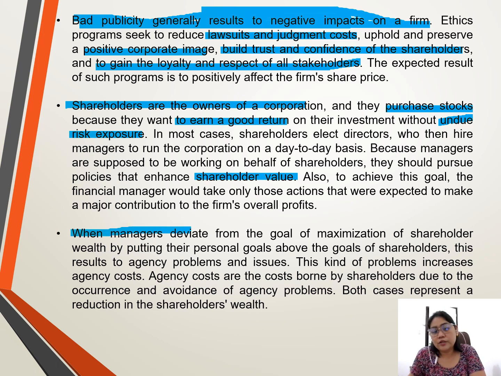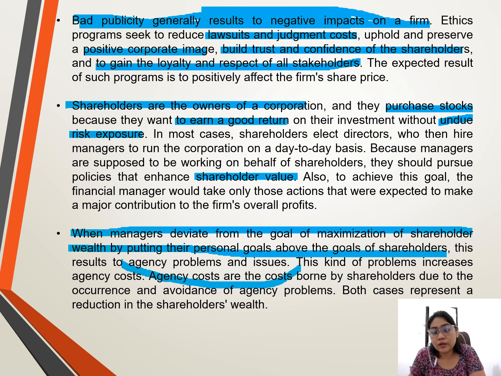So when managers deviate from the goal of maximization of shareholder wealth by putting their personal goals above the goals of the shareholder, this results to, ito na yon yung sinasabi ko kanina, agency problem. Bakit? Kasi nga minsan, mas binibigyang priority ng managers yung kanilang mga personal goals, yung kanilang mga personal objectives than those of the shareholders. Kaya meron tayong tinatawag na agency problem because